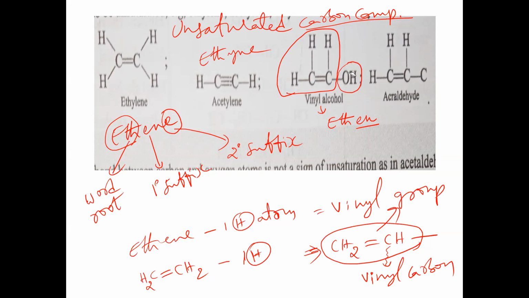And what is the secondary suffix for the alcohol group? ol or al? It is ol. So ethenol is the IUPAC name of this. Here, two carbons, eth. Between the two carbons a double bond, ene, but in that only en we have to write. And the OH group indicates ol. So ethenol is the IUPAC name of this vinyl alcohol. This group is the enol group. A double bond with alcohol is called an enol group.